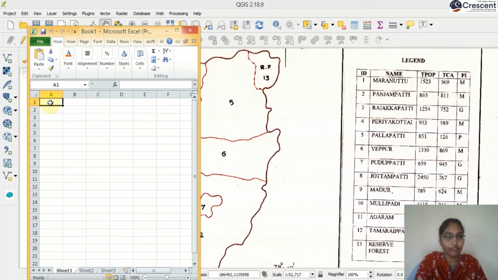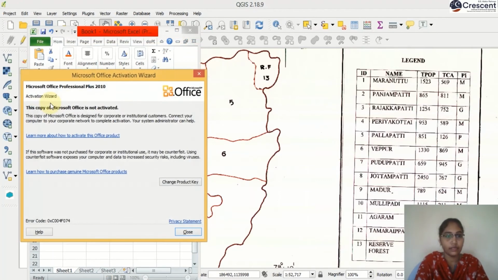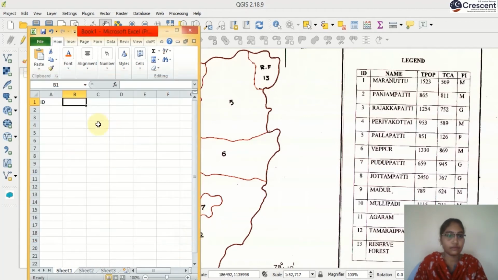So for that, the unique field ID is your polygon ID. Next one is TPOP, TCA, PI.